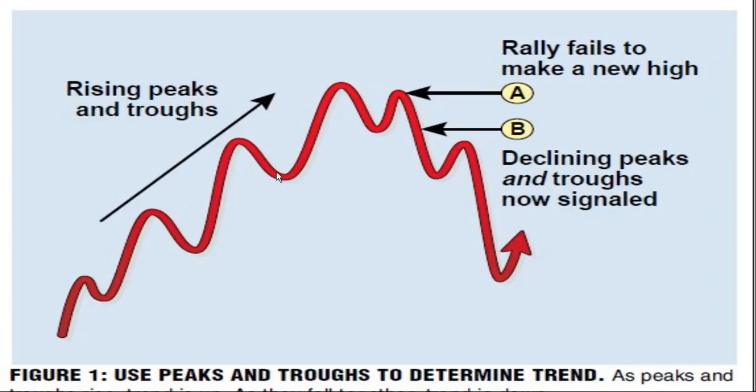As long as a particular trend witnesses a series of higher peaks and higher troughs, the bull trend is intact, correct? But whenever it is replaced by a place where the high gets lower, the peak gets lower, the bottoms also get lower. If you see this particular point, this high is lower than this high, lower high, this low is lower than this low, so this is a lower low. So now the sequence of rising peaks and troughs has changed to falling peaks and troughs, lower peak, lower trough. So a bull market changes into a bear market.